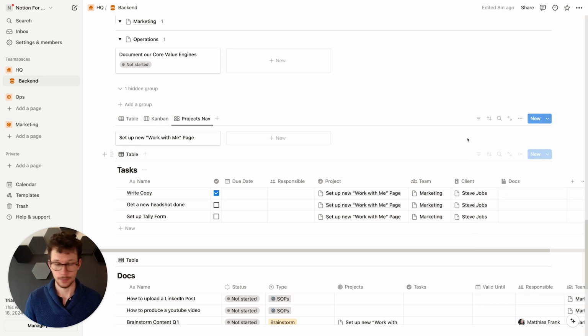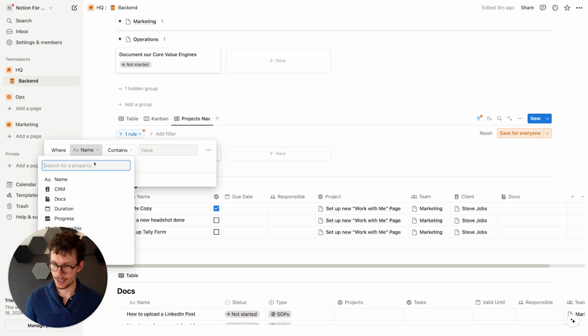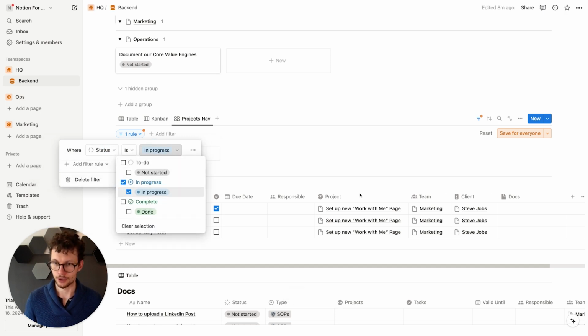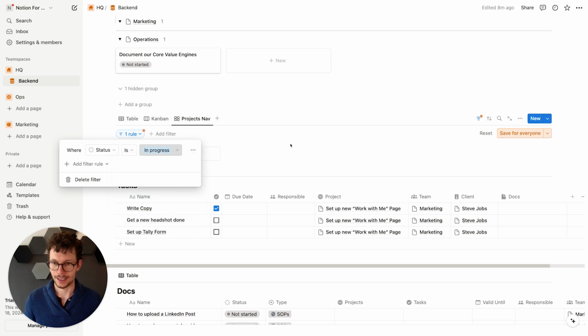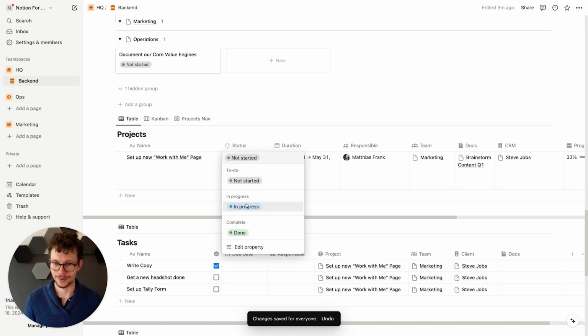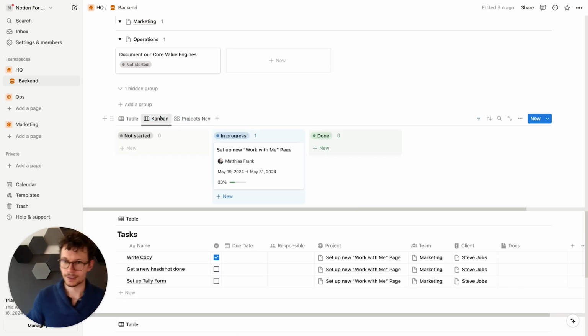I only want to see the current projects that I'm working on. So add advanced filter and say where the status of the project is in progress. And that way, whenever I load this, right, I only have these ones and none of the others. So if I set this one project that we have here to in progress, it will pop up here again. Quick thing that I forgot to mention, on the Kanban, I also want to set up a filter,